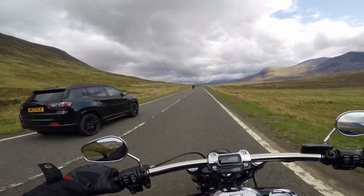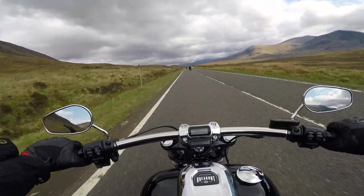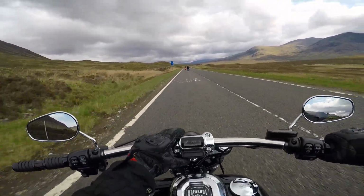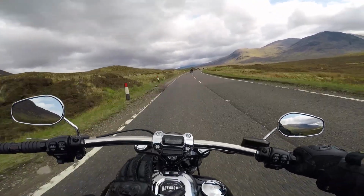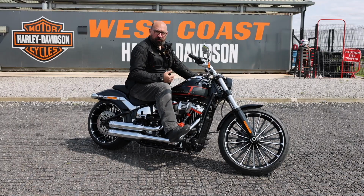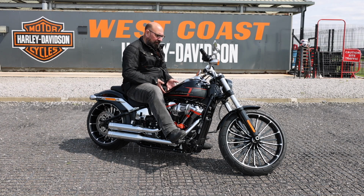But the power of this engine is absolutely butter smooth, and it pulls and pulls and pulls. It really does. You've got a little classy speedometer here, just in line with the bike's look, this minimal look that the bike has. It's easy to read, and it's all the information you need. So what I noticed today when I was riding it was that it's got an 18.9 litre fuel tank, so it's a massive step up from the old Breakout. The old Breakout had more of a paint